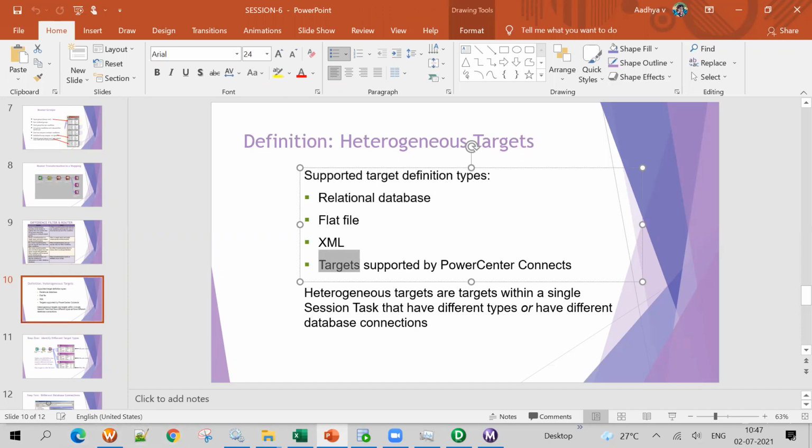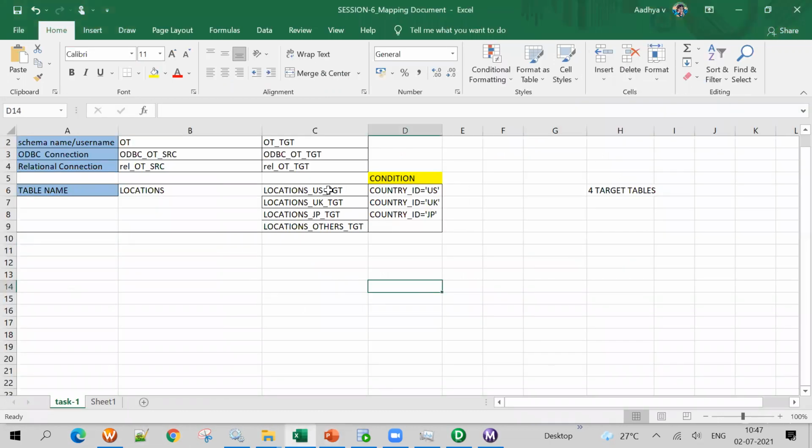Now what I will do in the same mapping: look, this is a table.